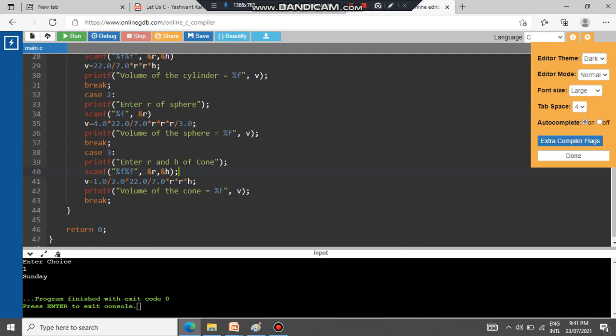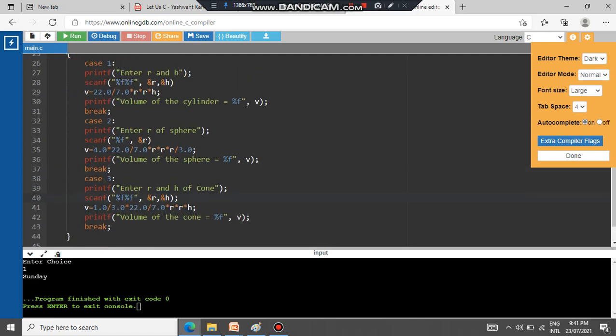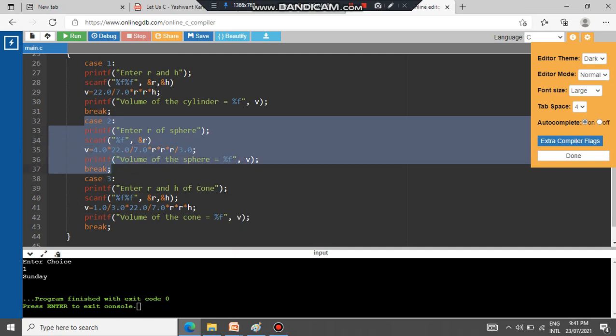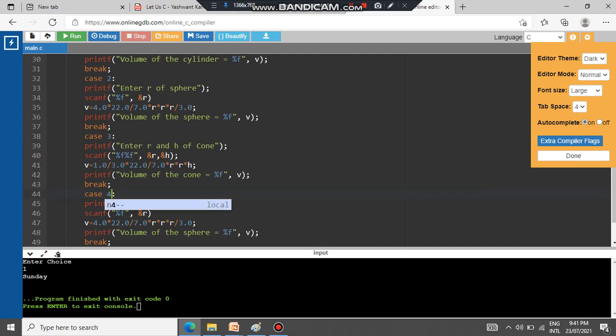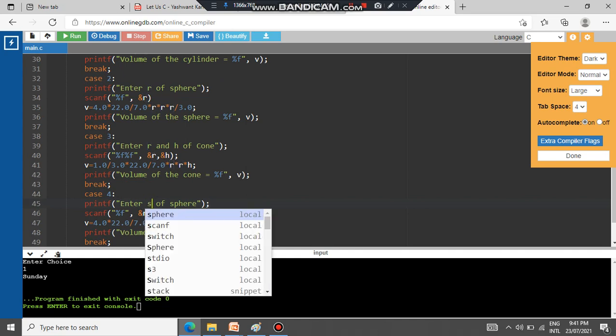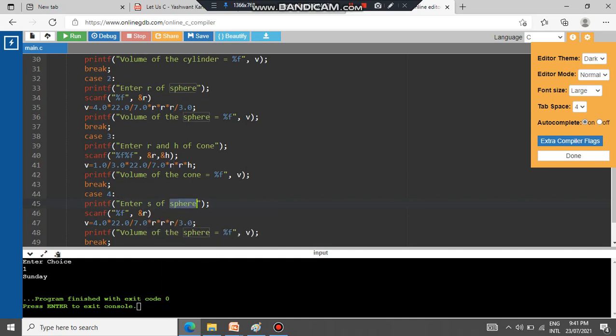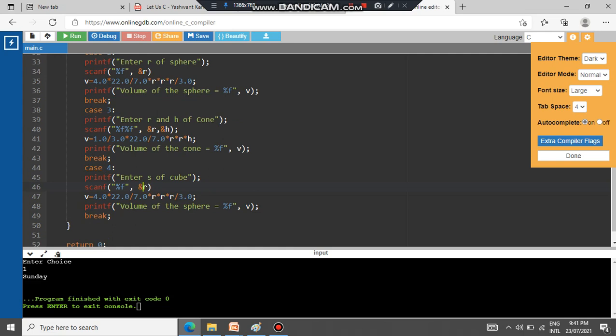For the cube, only one side is to be read, so I will take this one wherein I was reading only one value. Small changes will be in case 4. Enter side of cube. Only one value is to be read, so that is r. You can read it as r, or as s also, no problem.